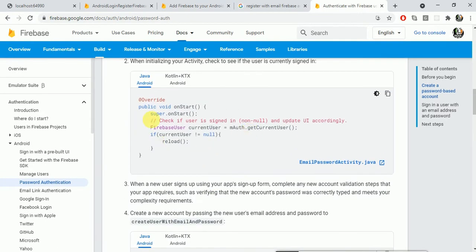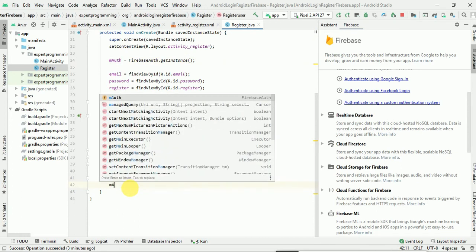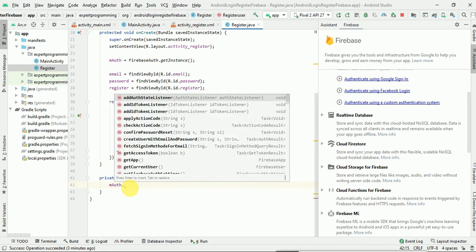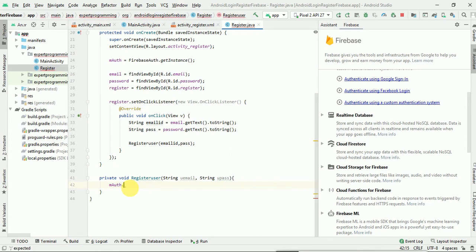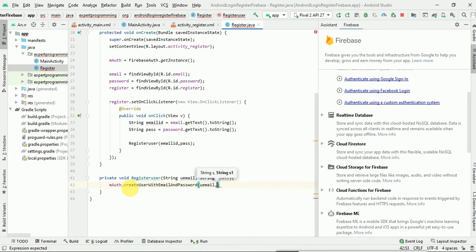So obviously we have already initialized the mAuth over here, mAuth equal to FirebaseAuth.getInstance. So mAuth.createUserWithEmailAndPassword, and we will pass uemail and upass.